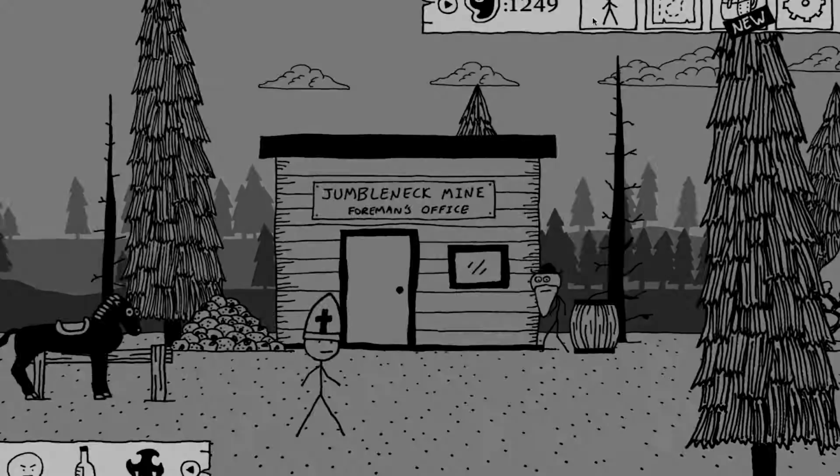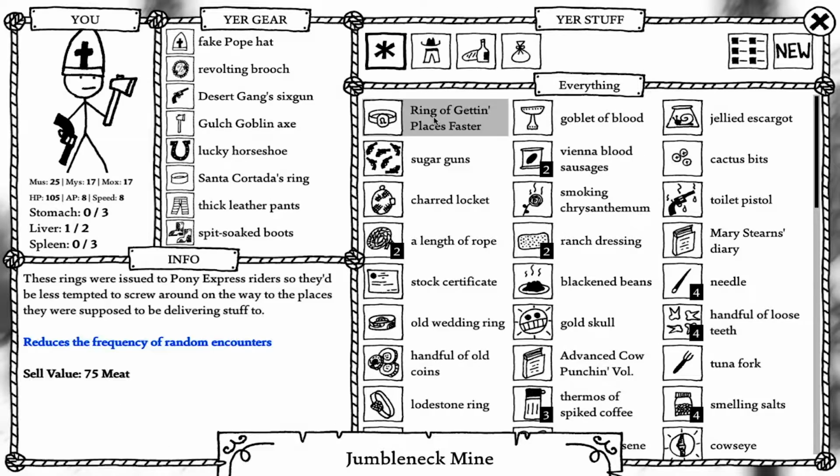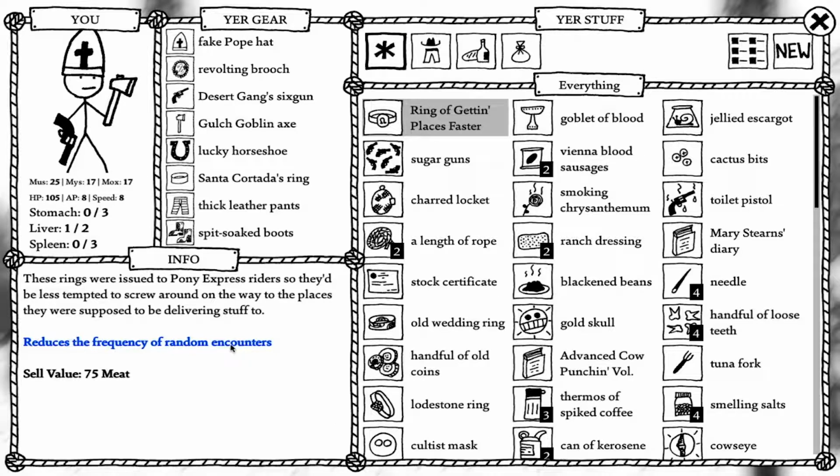Let me see what this ring does. Reduces the frequency of random encounters. These rings were issued to Pony Express riders so they'd be less tempted to screw around on the way to places they were supposed to be delivering stuff to. What do we have on our...